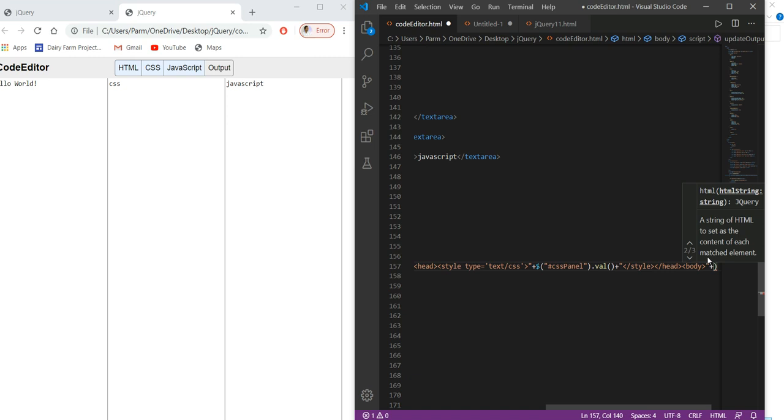So here we have to use that panel ID hash HTML panel dot its value, okay. Then to this we have to append it, then here body is closed,